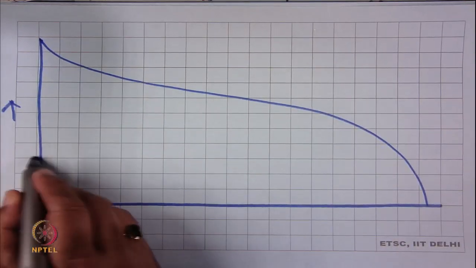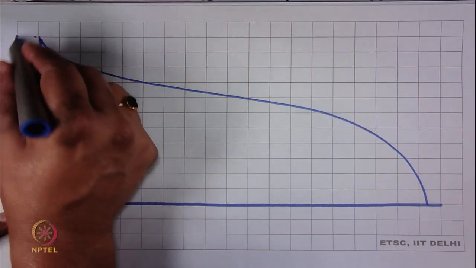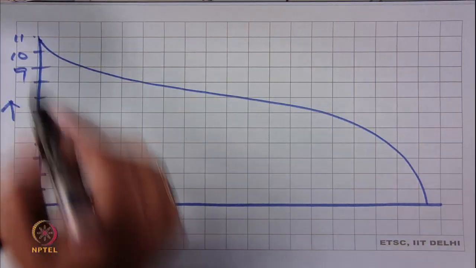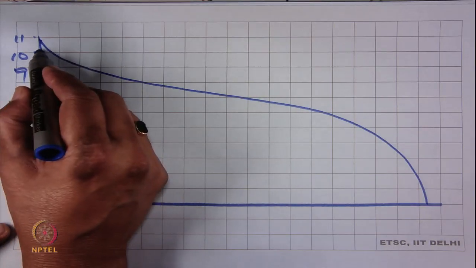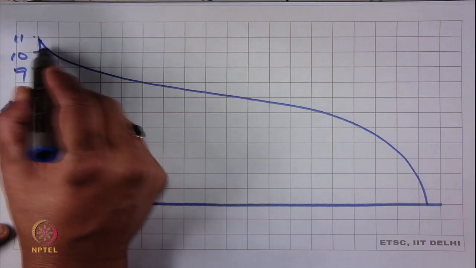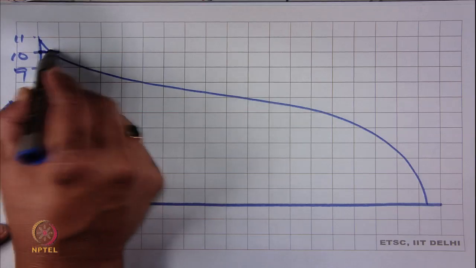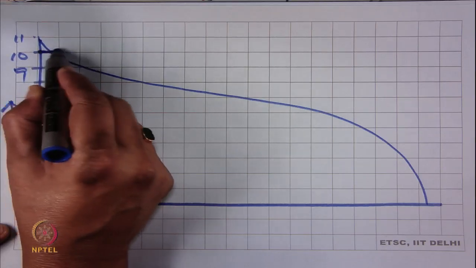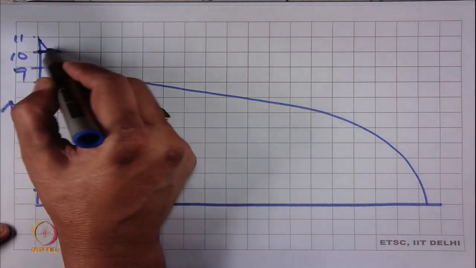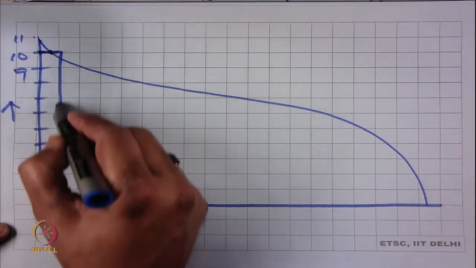So, 1, 2, 3, 4, 5, 6, 7, 8, 9, 10, 11, say 11. Okay. Now, say from this point we are trying to get the histogram. This is the point where we are drawing it here, and this distance, suppose it is equal to this distance. And where it intersects, it is a midpoint. Okay. And this is one bar diagram.